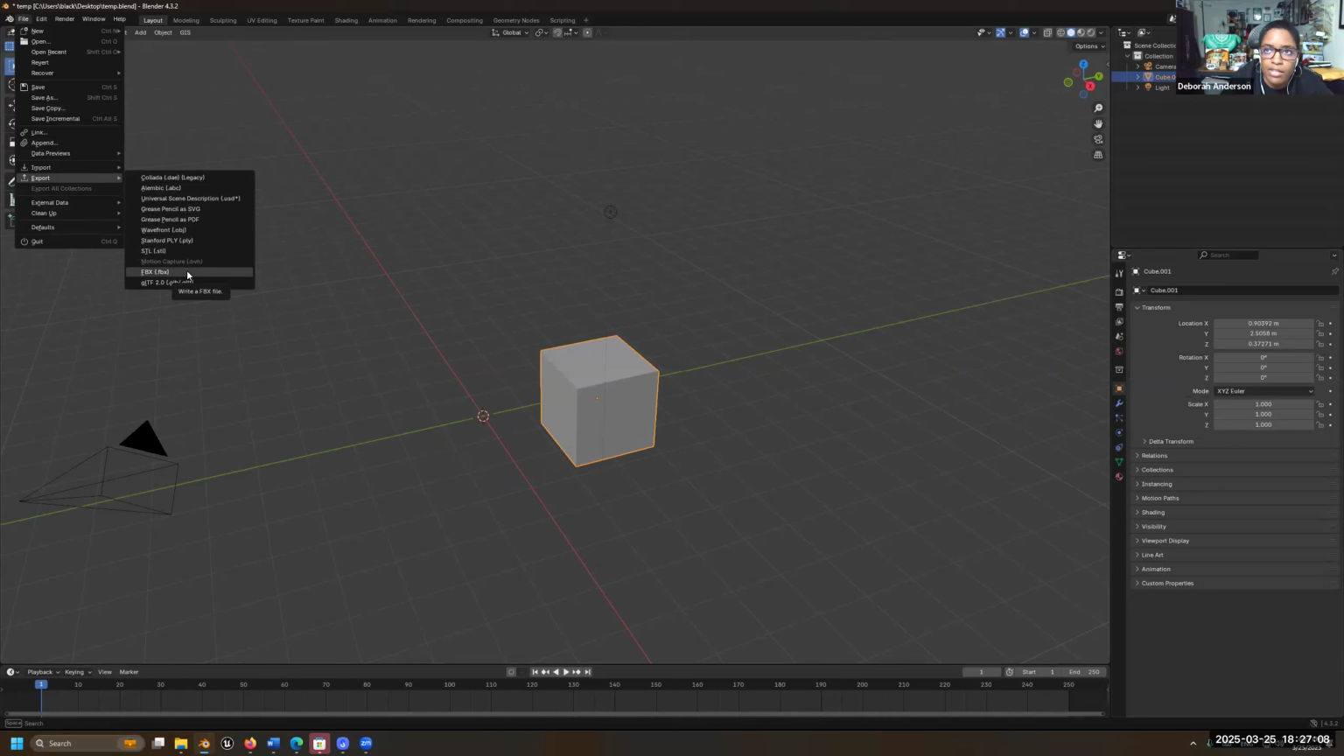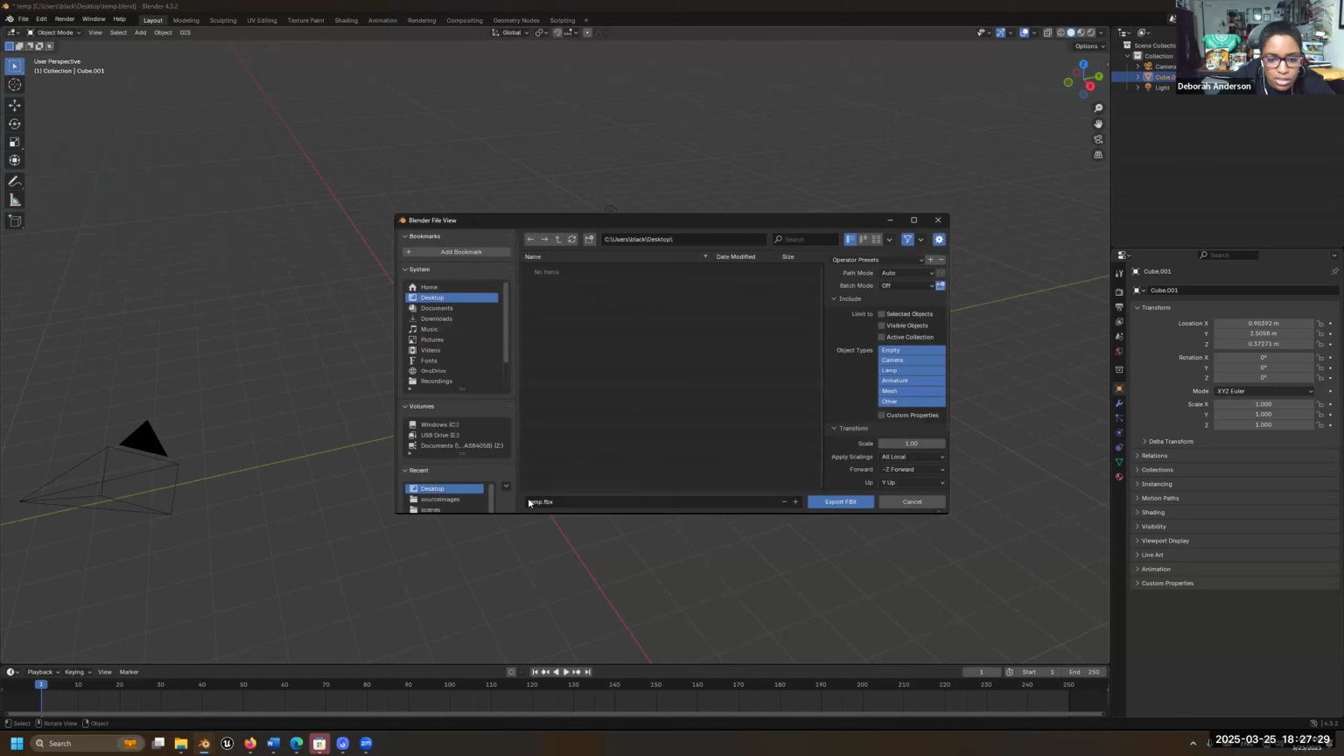Another good thing about FBX, when you get into rigging and animation, is that it brings in the rig and possibly your animation, I think. So that's why people started using it over OBJ, because OBJ only does object and materials, and the materials can be amazing sometimes. So I'm going to File, Export, FBX, and I'm just saving this as,